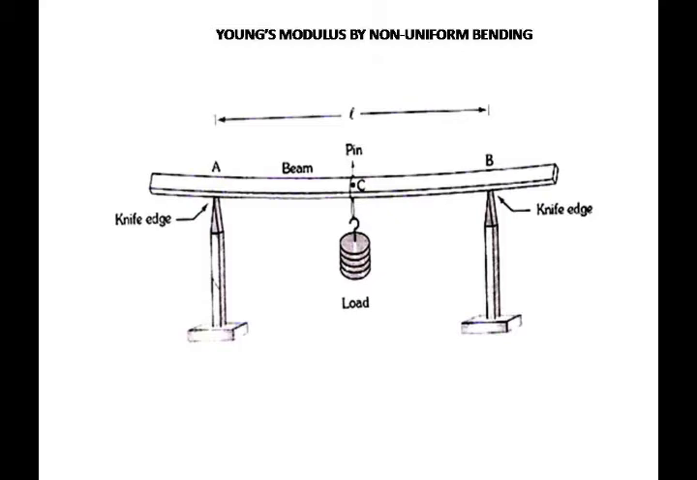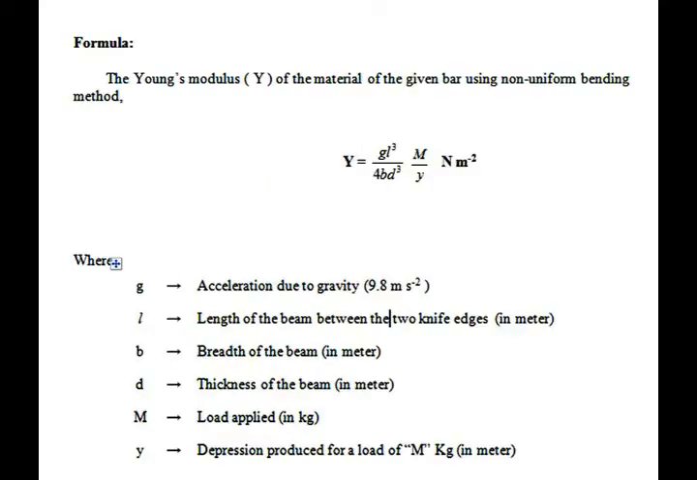This experimental setup consists of two knife edges, one load and a bar. This is the formula to find out the Young's modulus of the material of the given bar using non-uniform bending method. Y equal to GL cube divided by 4BD cube into M by Y, Newton per meter square, where G